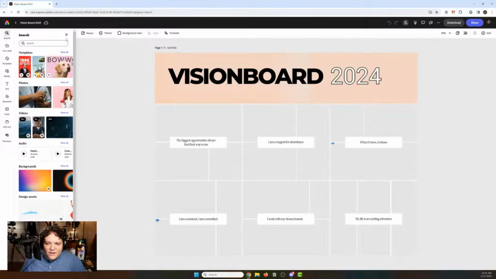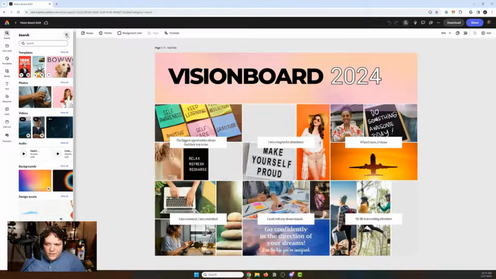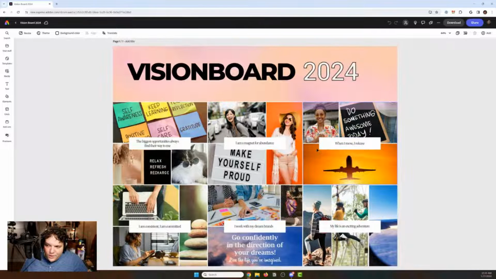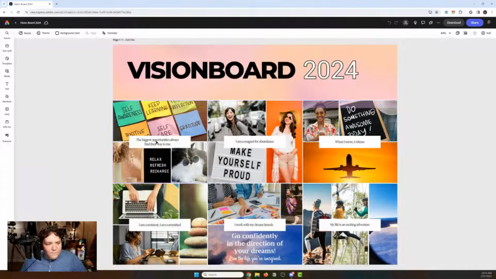And what I did, I showed this off, is I just went ahead and took a vision board example I like. I think this is very well put together. I think it's pretty clear. So for me, and how we're going to do this, I'm going to use this as my inspiration. I think this is really clean.